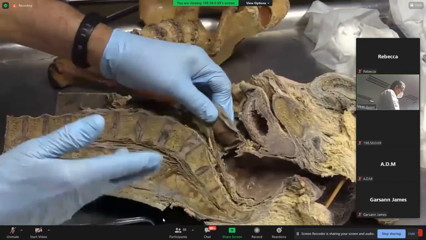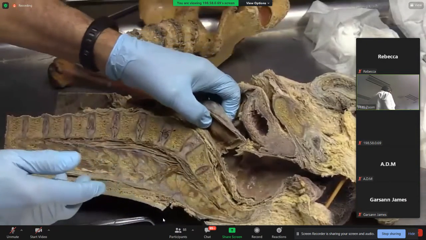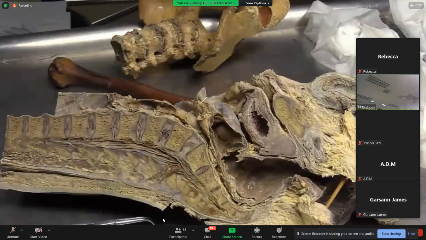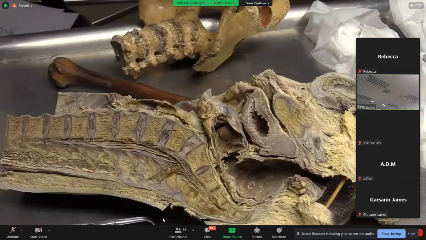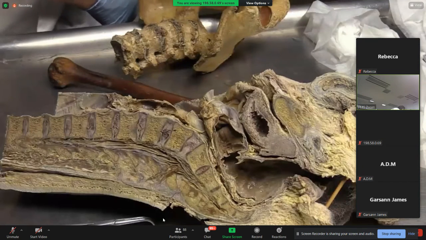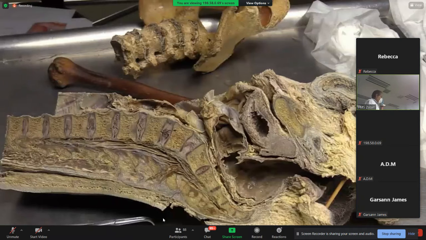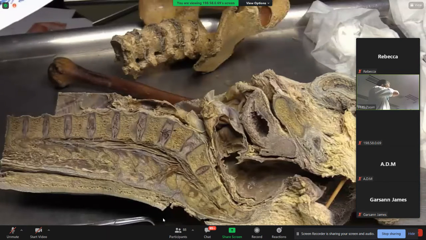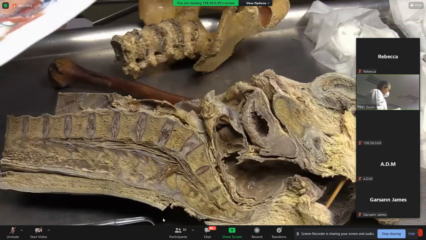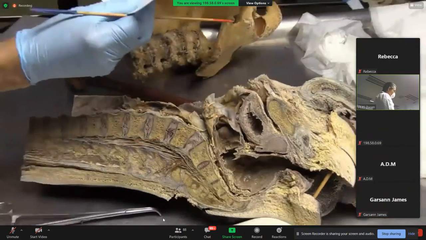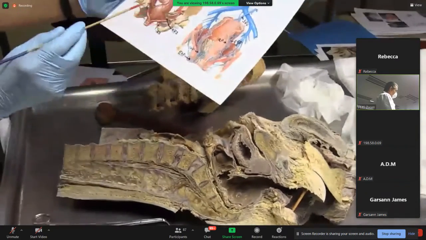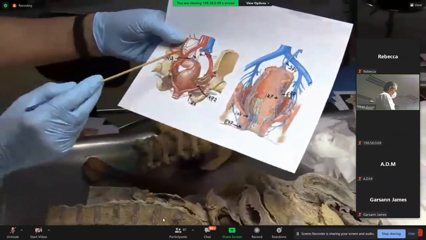All right, now let's talk a little about the arterial supply, the venous drainage, and lymphatics. So I showed you this rectal artery here. This will be a rectal artery. By the way, this artery here makes up